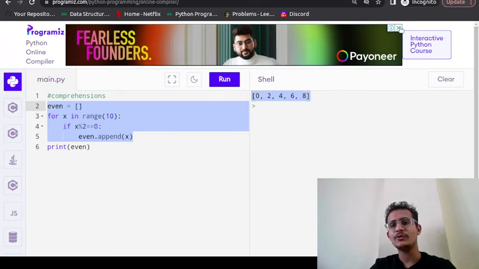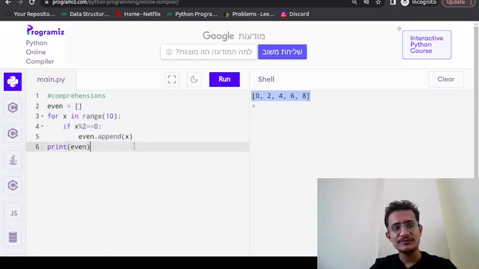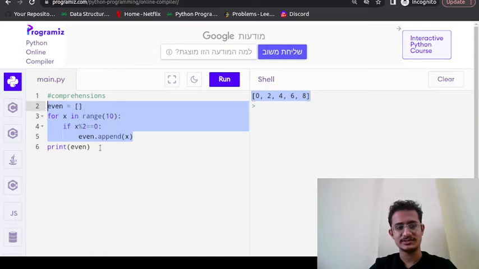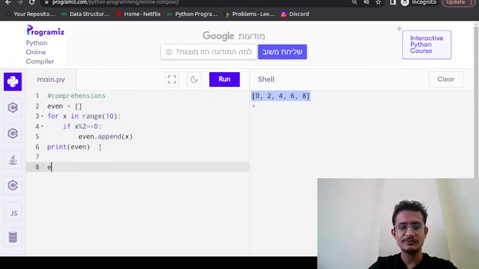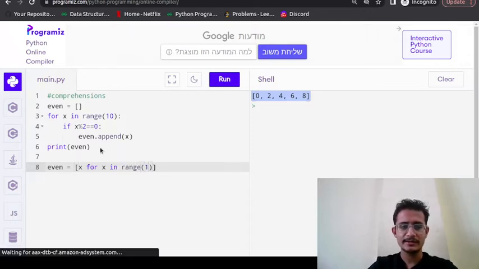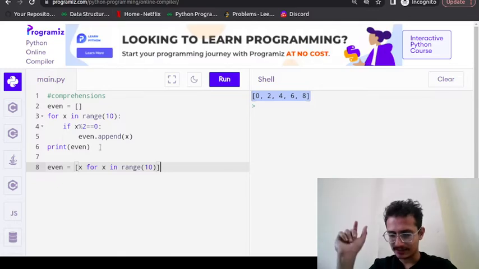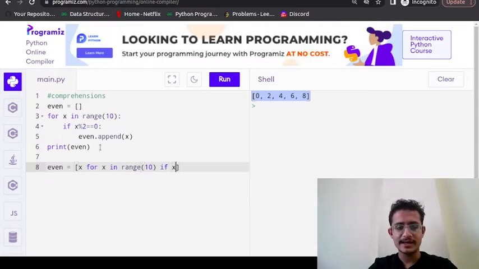Now to shorten this 4-line big code, what we will do, we will use the comprehensions. Okay, so what we will do, we will write like this, even equal to x for x in range of 10. Okay, this is the for loop that we have written if x % 2 == 0.